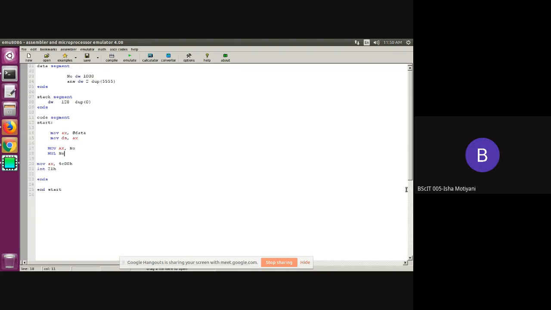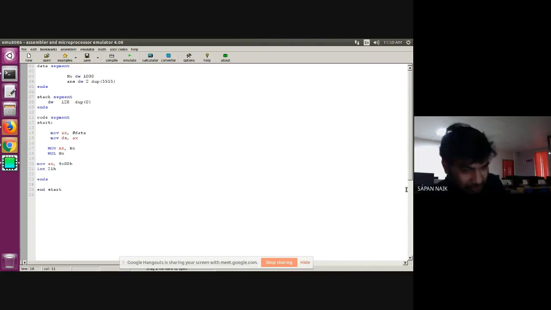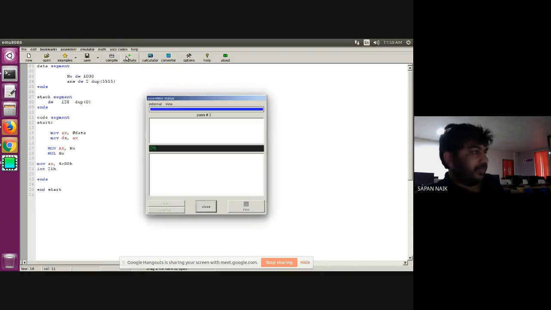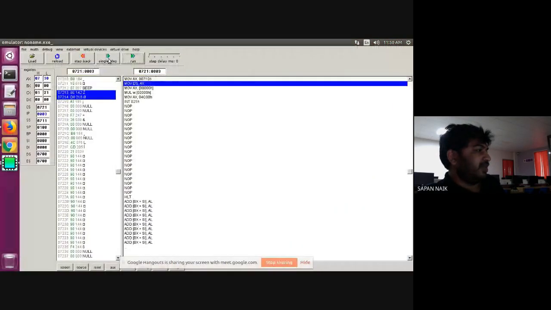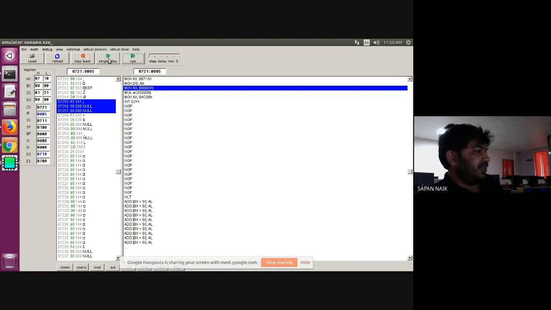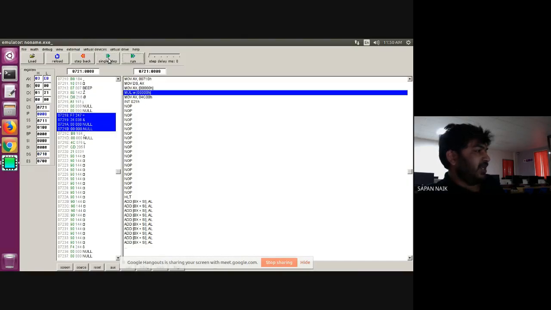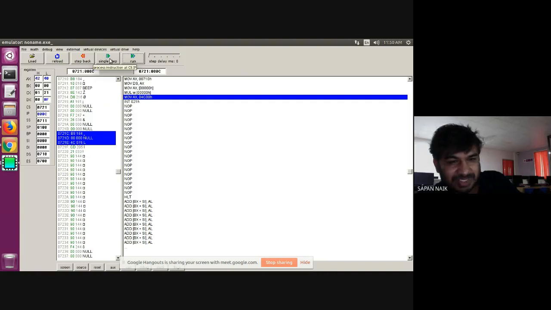The code is the same as the earlier code. This time, instead of using BX, we are using the number variable. That's it. So if I click on emulate, and do single step, now see, AX contains 03E8, right? Because number is copied into AX. Now I have multiplied 03E8 with 03E8. So I think I should get something in DX also. Yes, the same answer as before I have received.